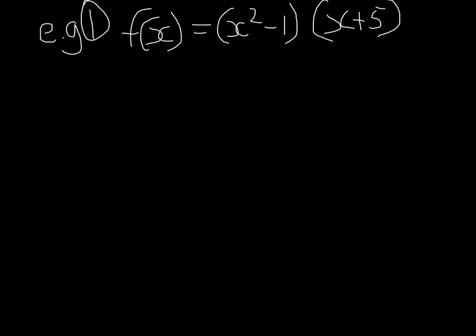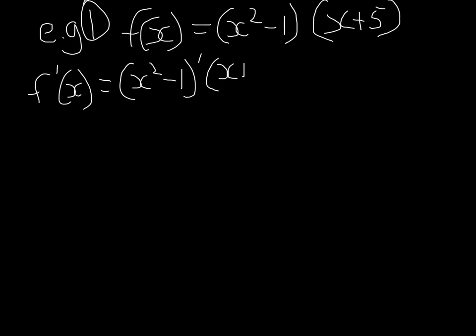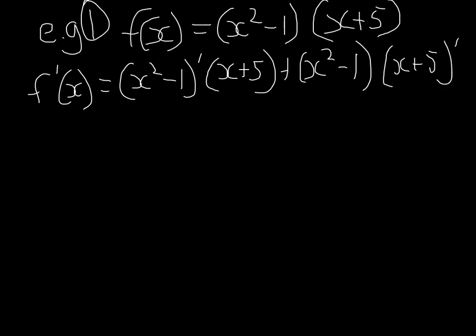So to take the derivative of this, you get the derivative of the first function, so x squared minus 1 dash, and times it by x plus 5. Then you add x squared minus 1 times x plus 5 dash. And this is written as